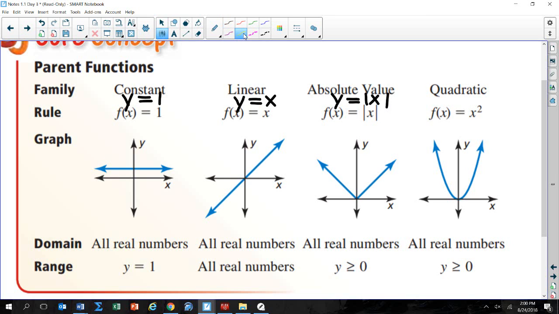Some new vocabulary today is domain and range. Domain is all x values used by the function, and the range is all of the y values used by the function. So if I look at the first function,